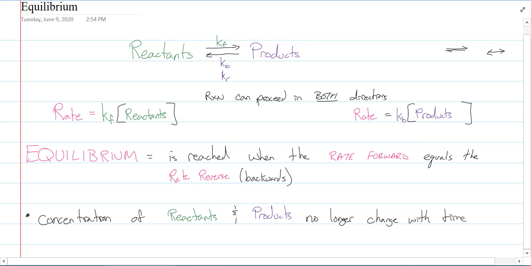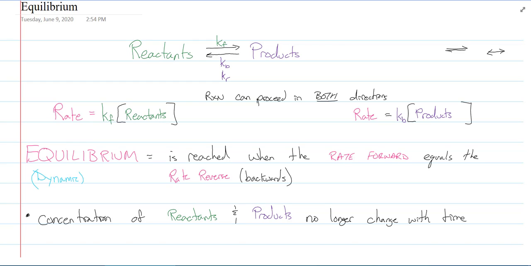So this is a dynamic situation. Sometimes they even say dynamic equilibrium. When I say dynamic, it means it's in constant motion, unlike static, where a good example of a static situation, not static equilibrium,